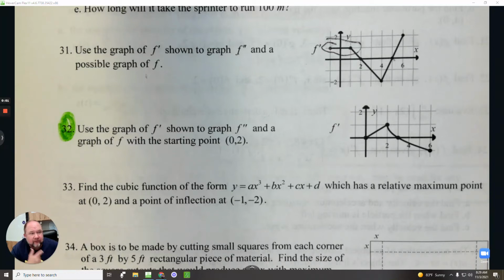Question number 32. Use the graph of the first derivative that you see to graph the second derivative and the function. So when I look at the first derivative, if I want to graph the second derivative, it's all about slope. So the first part here is a line, and the slope is, no, up 1 over 2. The slope is 1/2. So, as I come over here,